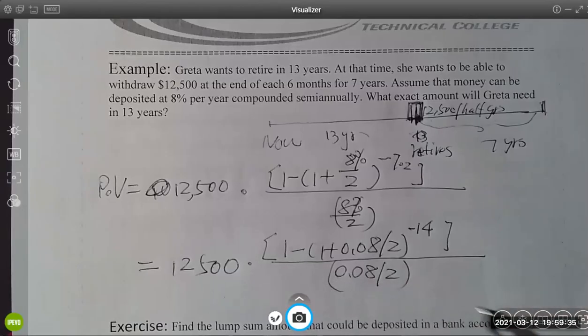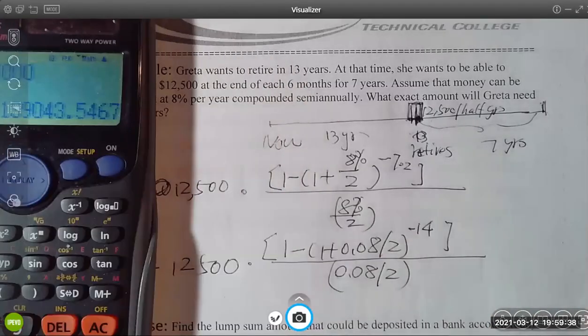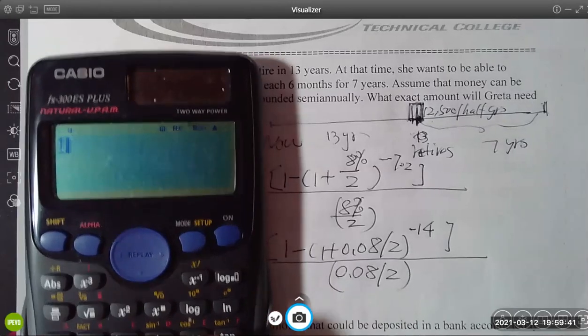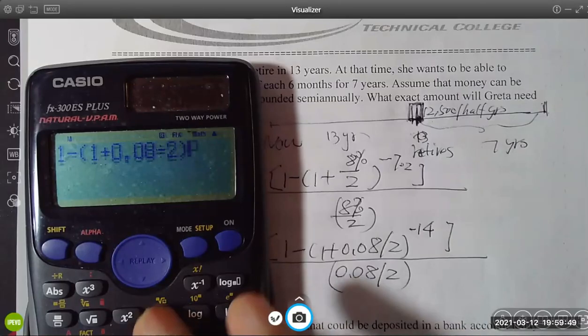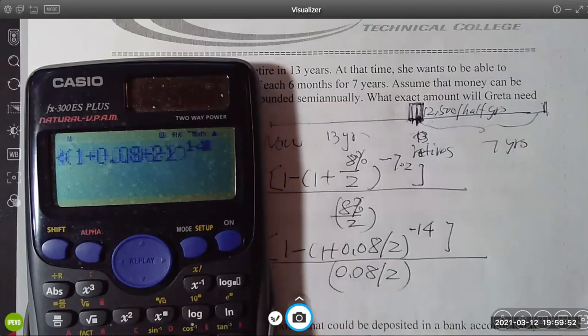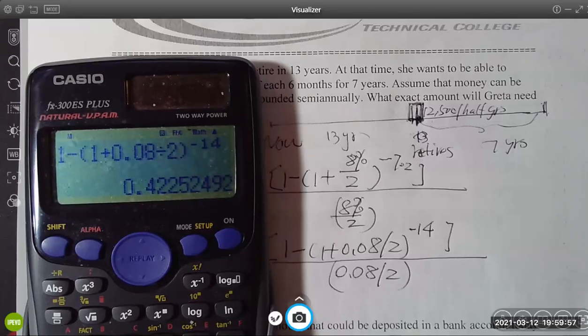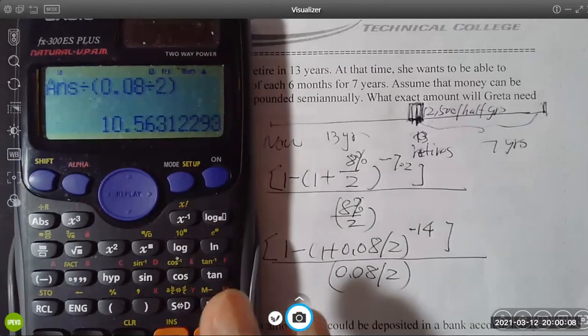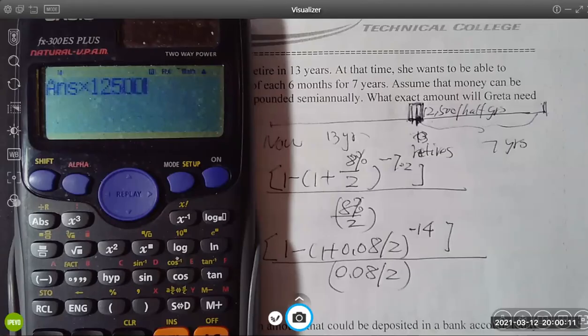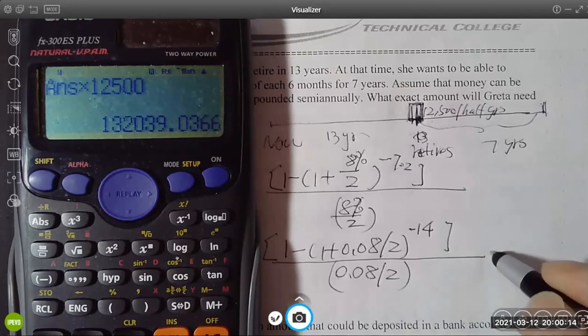So let's use the calculator. 1 minus parentheses 1 plus 0.08 over 2 to the power of negative 14 equals, a positive number smaller than 1, divided by parentheses 0.08 over 2 equals, then we just multiply by 12,500, so times 12,500 equals,